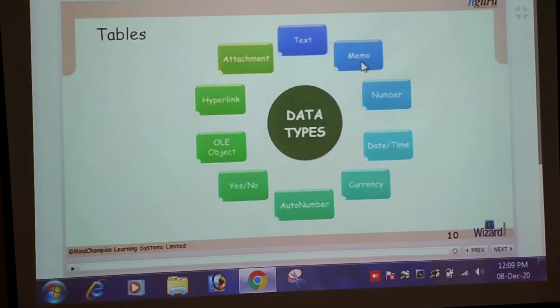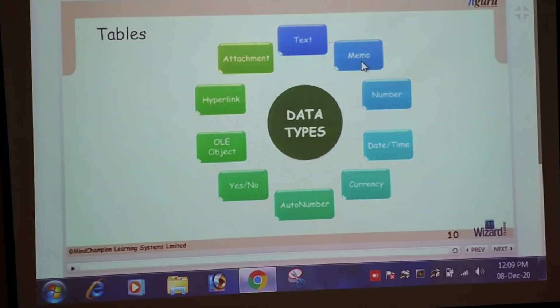Yes/No. The Yes/No data type contains only two values: yes and no, true or false, on and off. OLE object. This data type includes objects created in other programs.